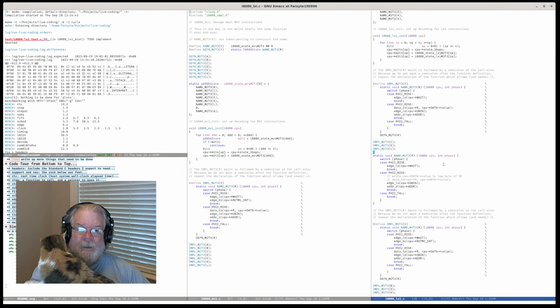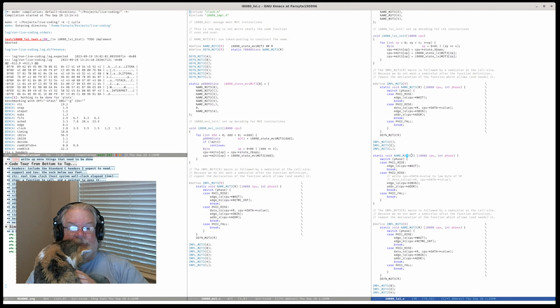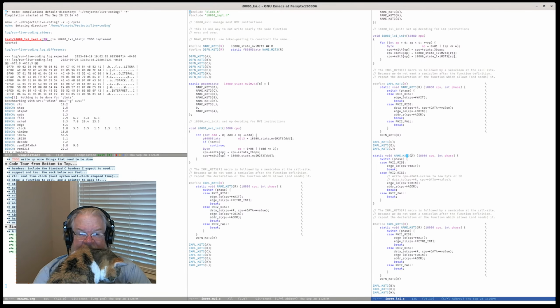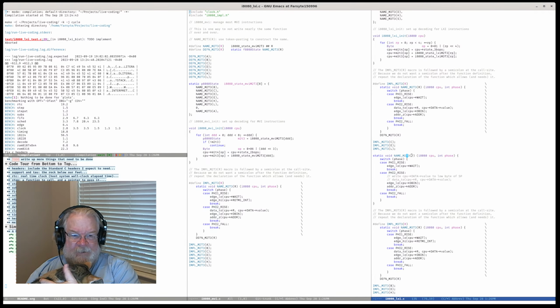So, the reason why the indenter is confused is because this construct that I've got my mouse cursor on right now is not legal C. I need to expand that name macro manually so that the indenter will know that it's looking at a function definition, not something really weird. Like I said, this is the old Berkeley indent, which has been maintained by the GNU project, or a variant of it has.